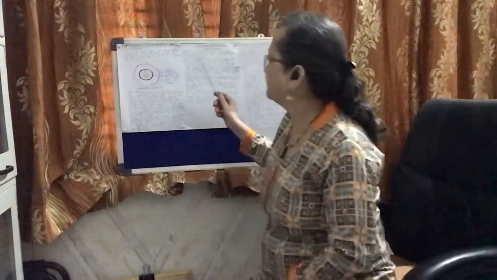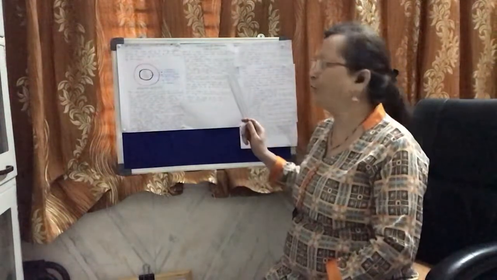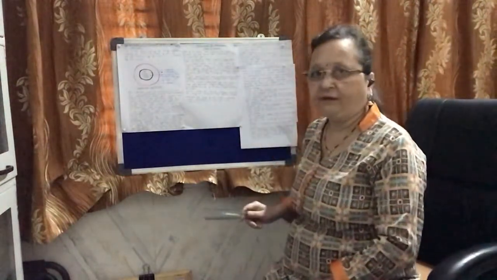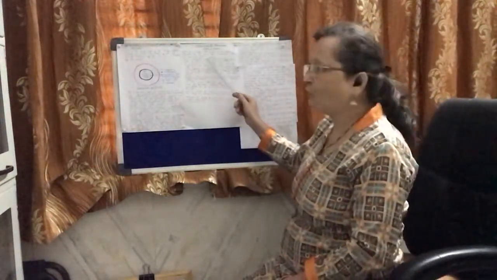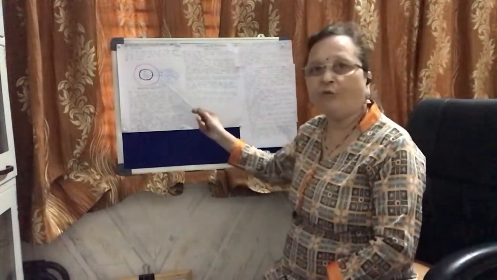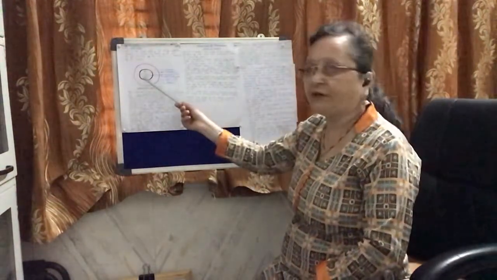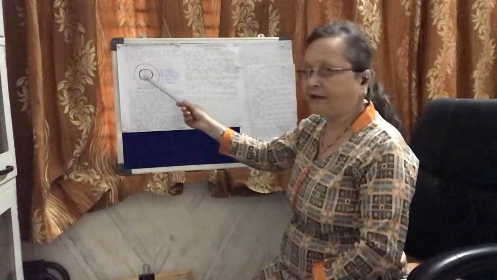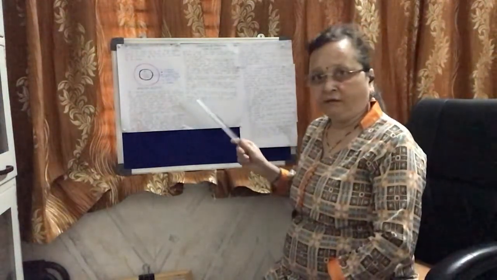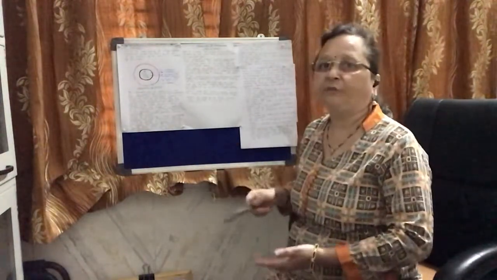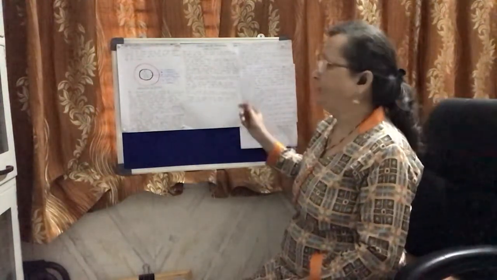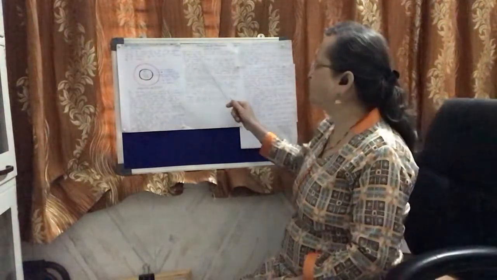So students, let's see the structure of chromosome. What is DNA? DNA is a nucleic acid present in the nucleus in the form of thread-like structures called chromatin fibers, as we have just seen on the diagram on our board. So what is DNA? DNA is a polymer, and polymer means a long chain of monomers.